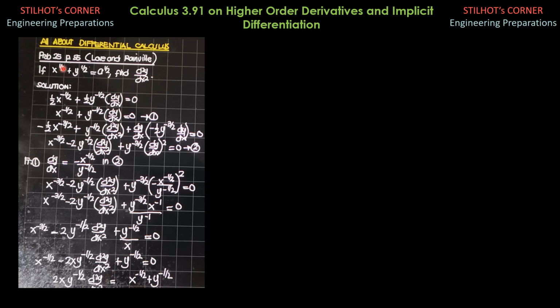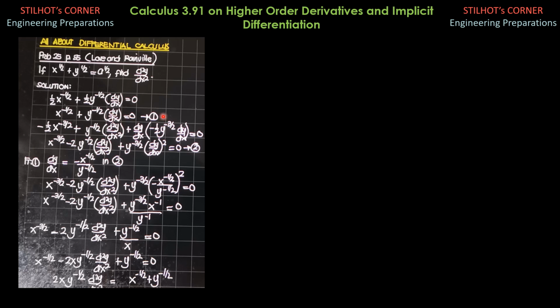Derivative of x to the 1/2 by power formula is 1/2 x to the 1/2 minus 1, so x to the negative 1/2, plus 1/2 y to the negative 1/2 times the derivative of y with respect to x, dy dx. Then the derivative of a to the 1/2, which is constant, is 0. Simplifying, multiplying this equation by 2, we have x to the negative 1/2 plus y to the negative 1/2 dy dx equals 0.